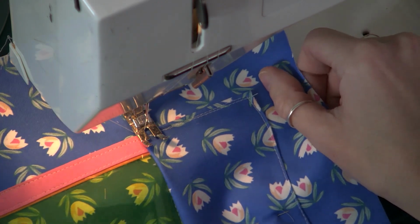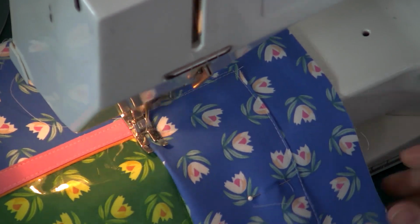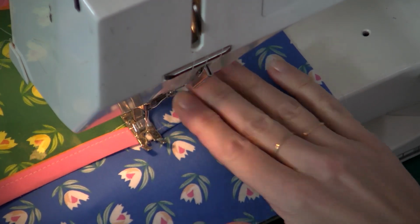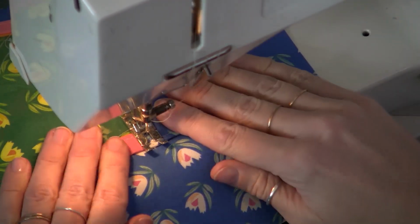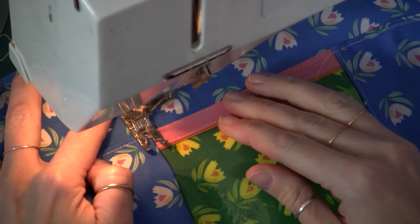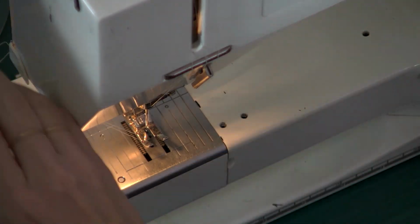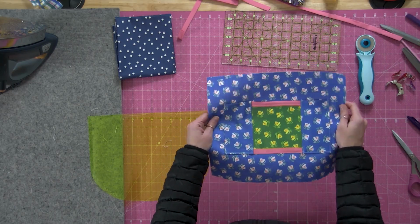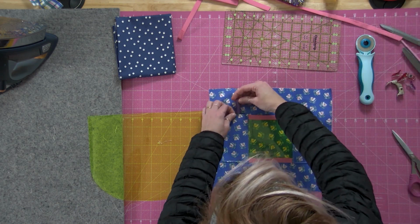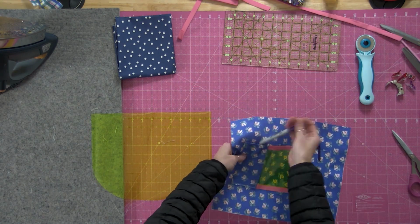Now sewing from the bottom edge towards the top, I'm going to do those dividers. Okay, so there's one of my linings with the vinyl pocket and then the pencil and pen pockets. So nothing ever goes missing. I'm going to set that one aside and let's put the binding